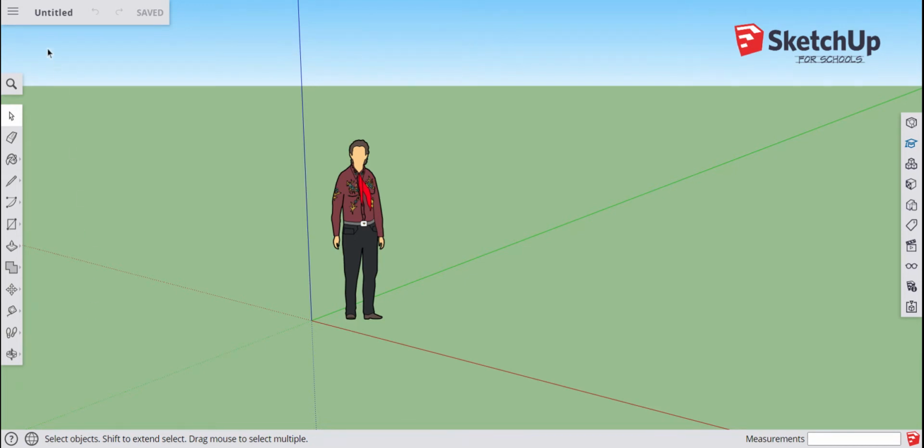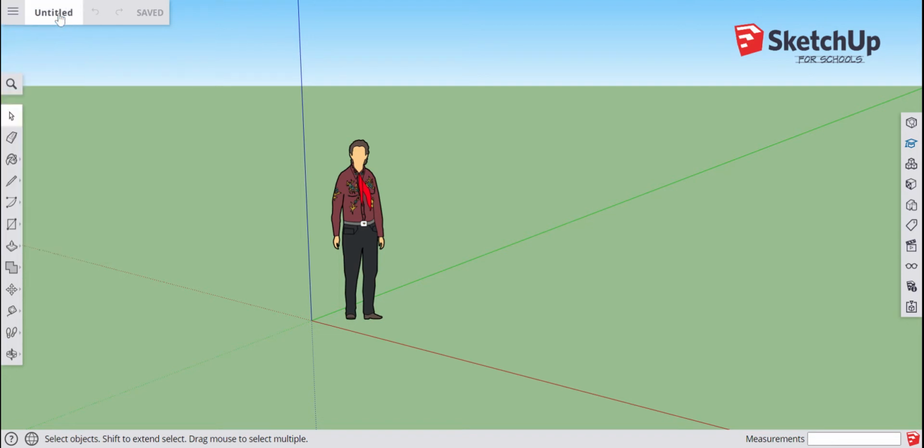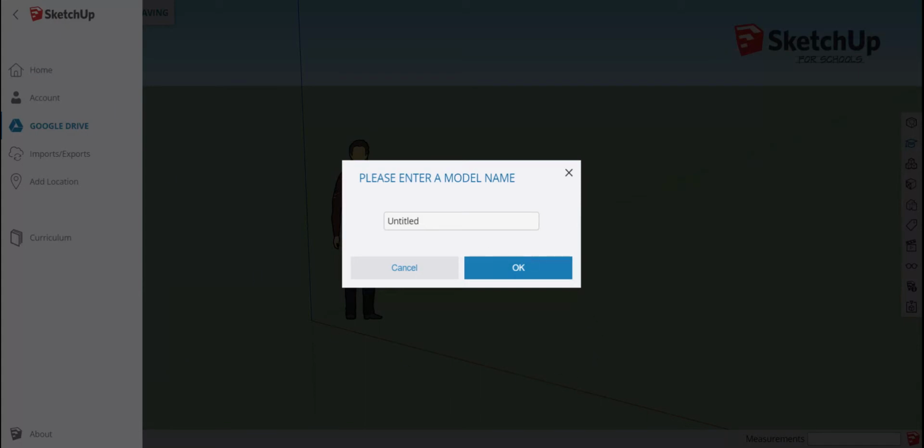Up here in the top left corner is your file menu, where you can save or export or insert or download or print your things. Next to it is a box, and if you click in this box the first time, it'll ask you for a model name, and you can just give it a name,